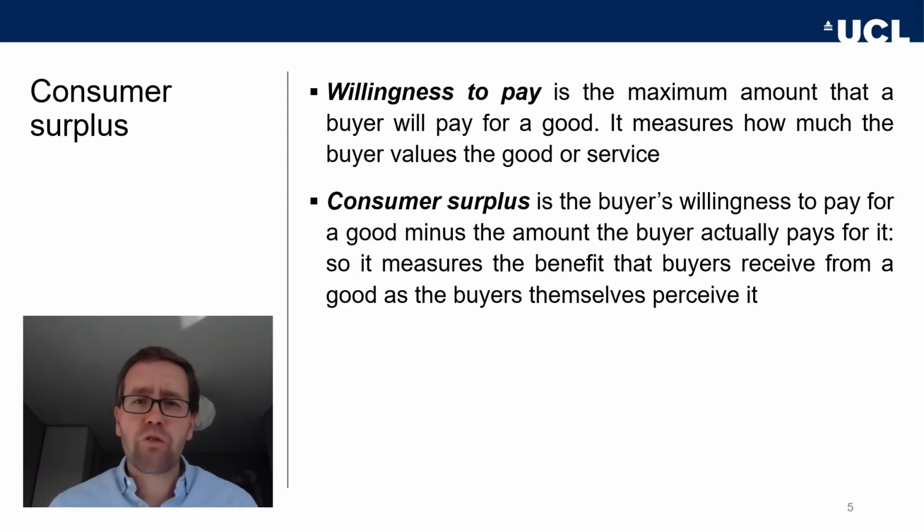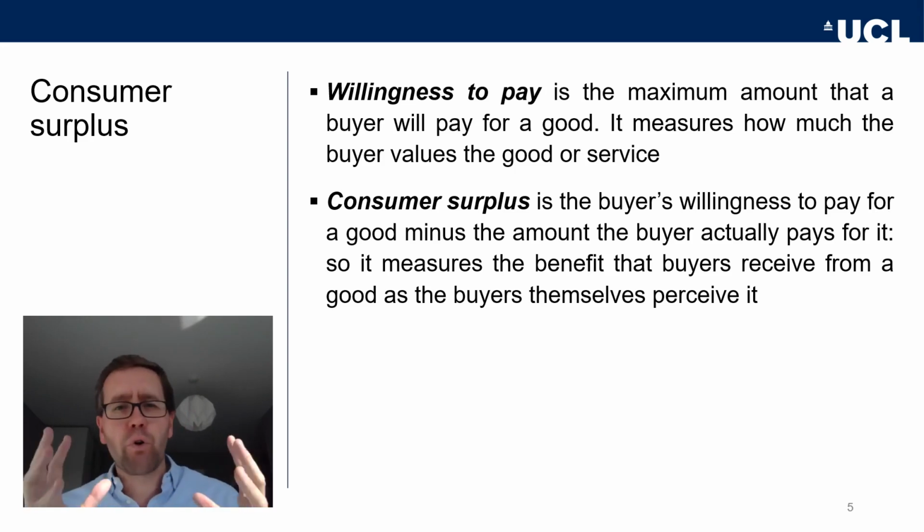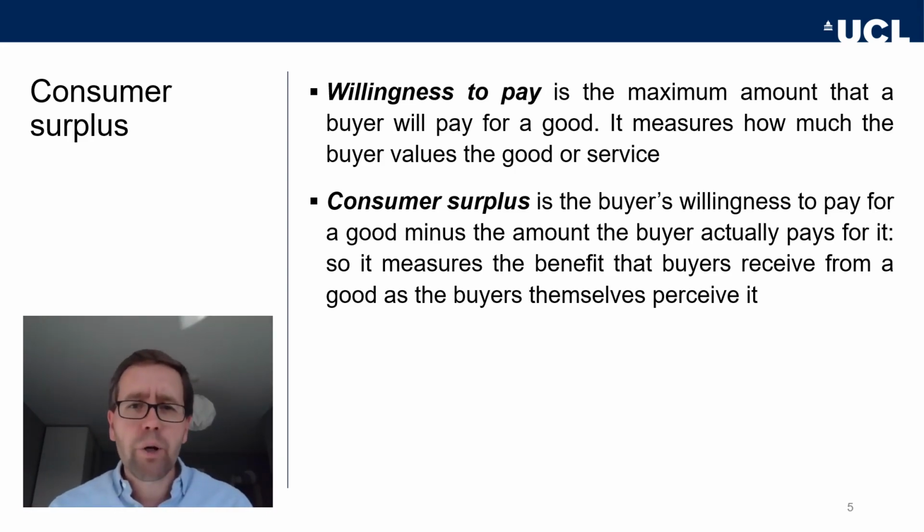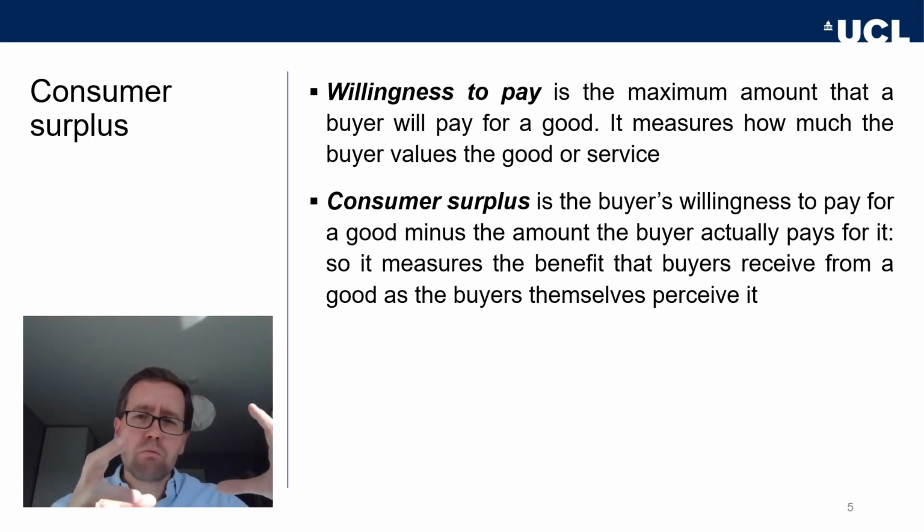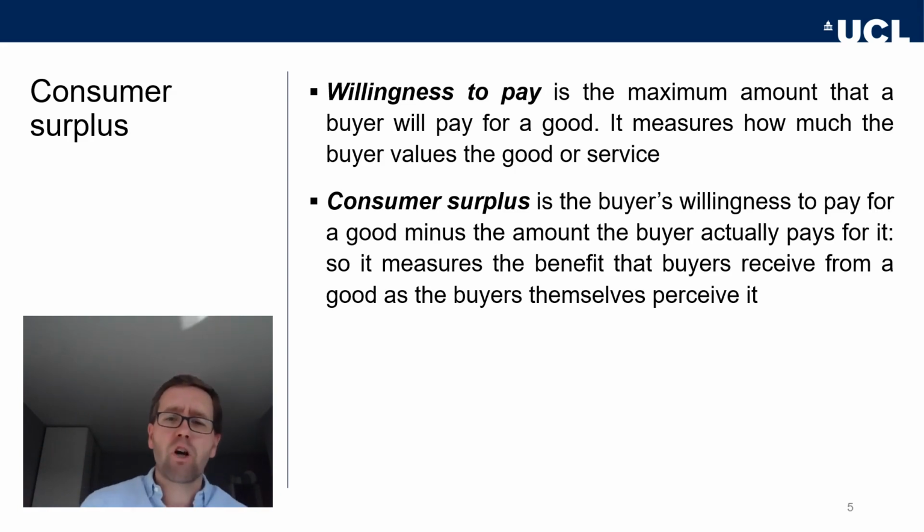Now, this allows us to think about a somewhat theoretical construct, but it's really, really helpful when we think about efficiency, and that is the concept of consumer surplus. Consumer surplus is essentially all our willingness to pay levels integrated compared with the price. So consumer surplus is the buyer's willingness to pay for a good minus the amount the buyer actually pays for it. So it measures the benefit to each of us, the benefit that buyers receive from the good as they